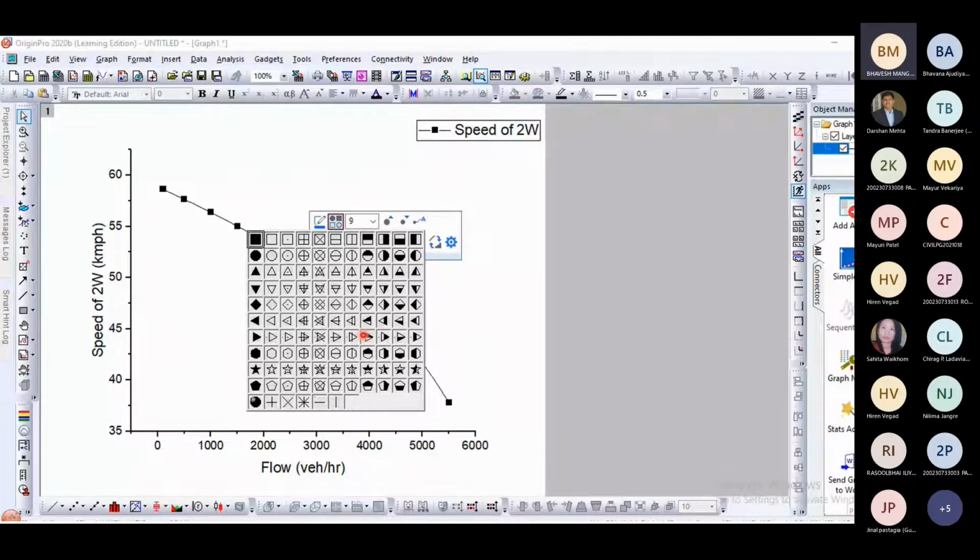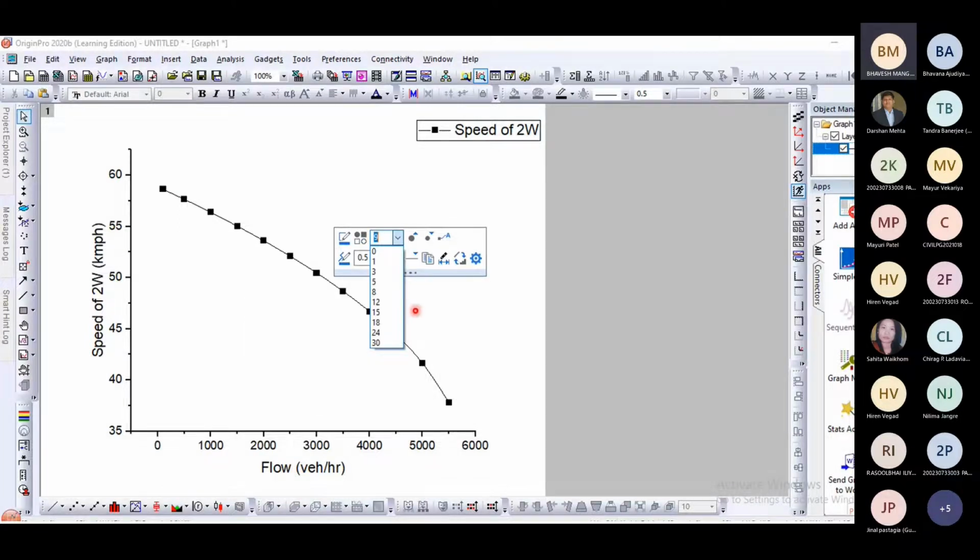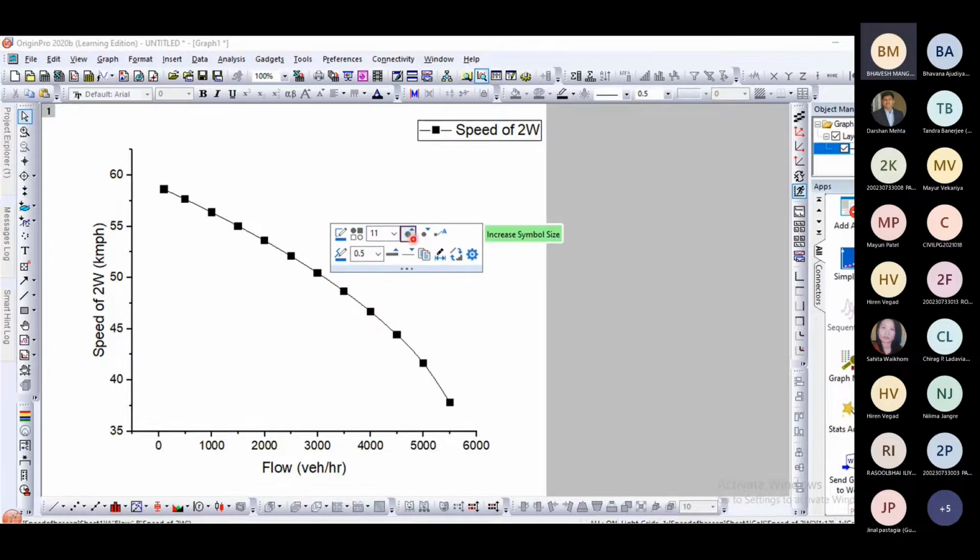But in this software, more than 100 types of points are available. So you can change the size of the point to your required number, right? And if you want to check by increasing or decreasing, you can use the direct increase or decrease.